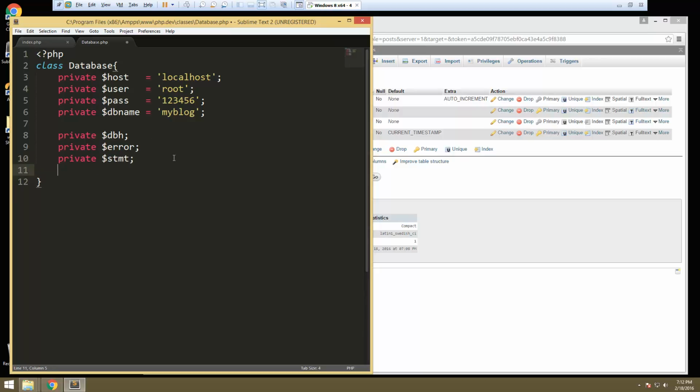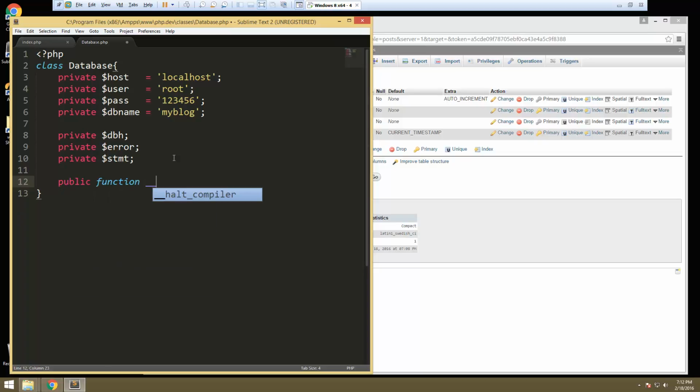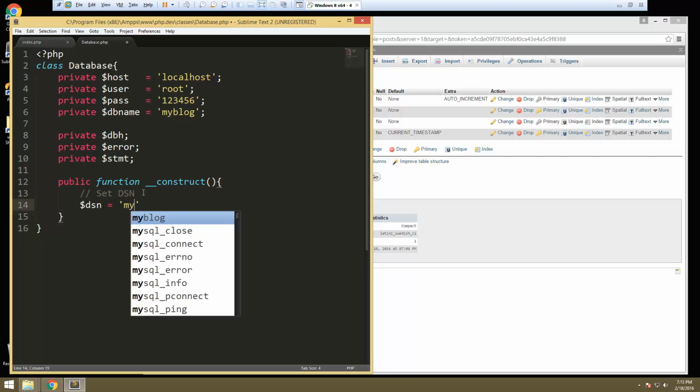Next thing we need to do is we need a constructor. All right, and if you remember from earlier sections, a constructor is a function that runs when the object is instantiated. All right, so this is going to be public function __construct. Okay, and we need to set what's called a DSN. Okay, this is basically going to be our connection string. All right, so we're going to call it DSN, and we're going to set this. We're going to have to do quite a bit of concatenation here because we're going to have text with PHP variables. So here we need to say MySQL